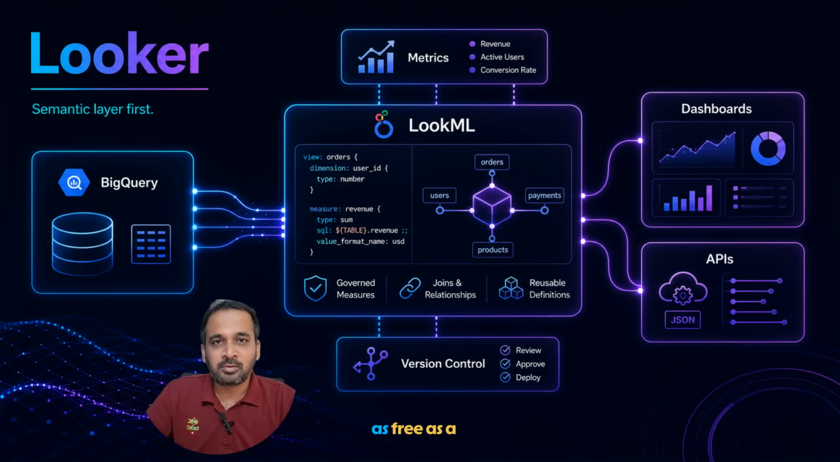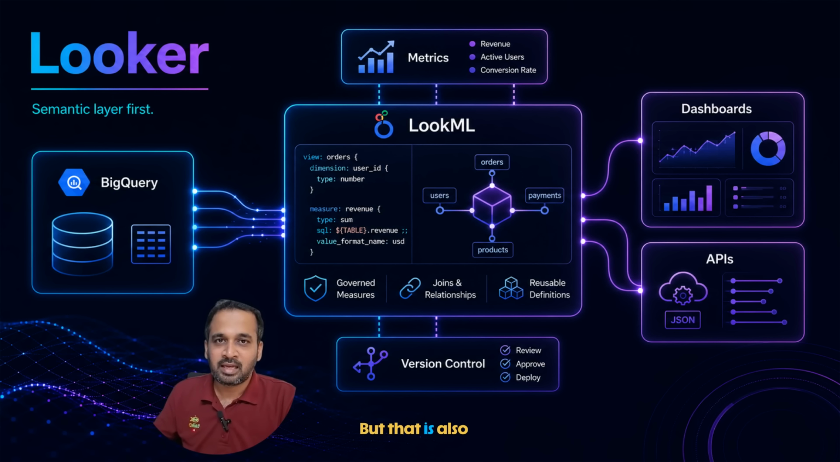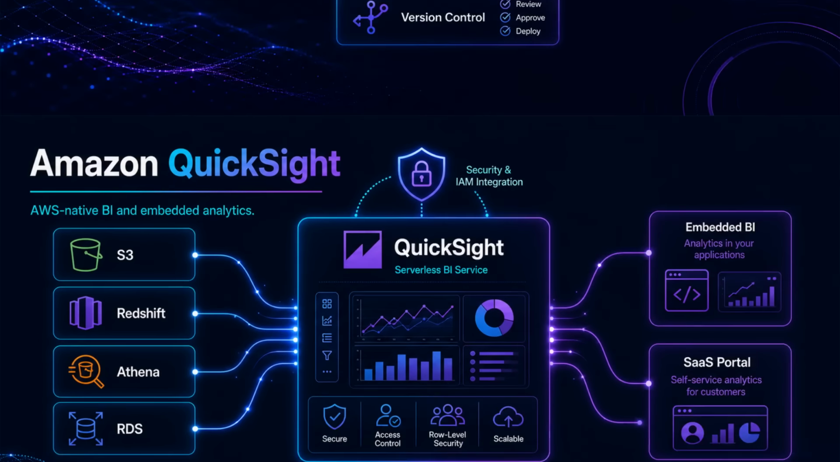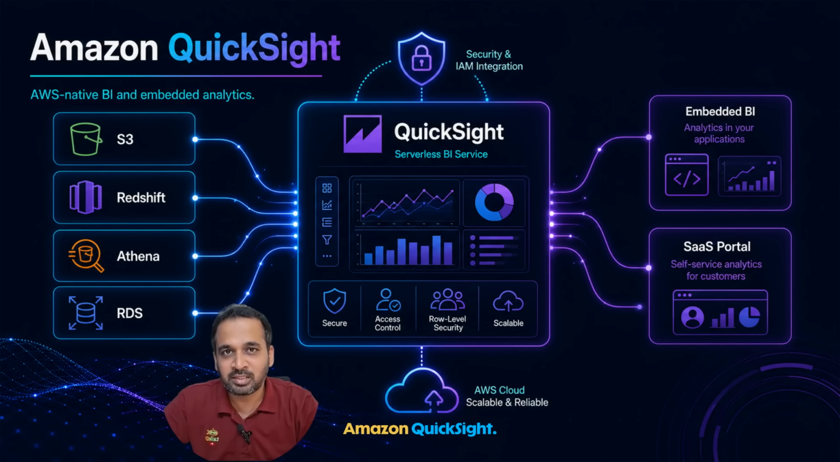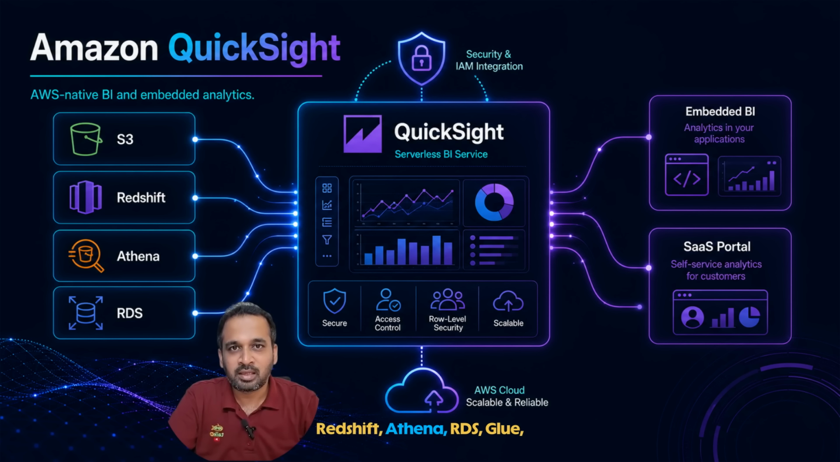It may not feel as free as a pure drag and drop self-service tool for every business user, but that is also the point. Looker is strong when metric consistency and semantic governance are more important than uncontrolled flexibility. Now let us discuss Amazon QuickSight. QuickSight becomes relevant when the organization is already heavily invested in AWS. If the data platform is based on S3, Redshift, Athena, RDS, Glue, or other AWS services, QuickSight can fit naturally